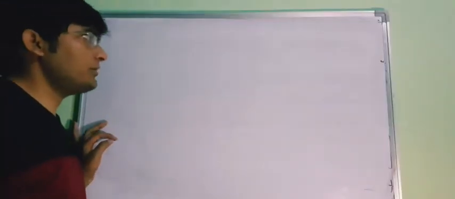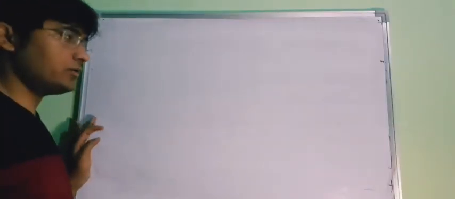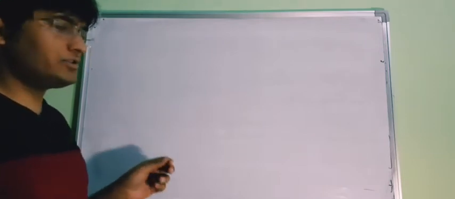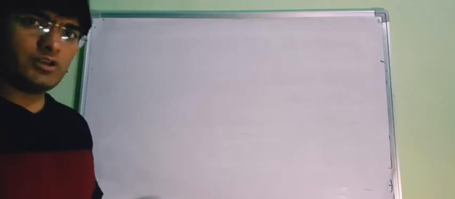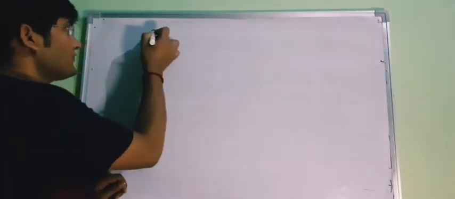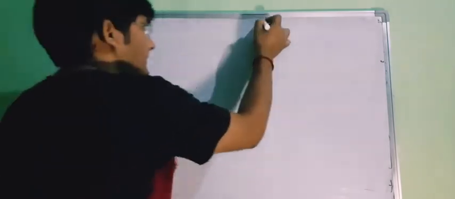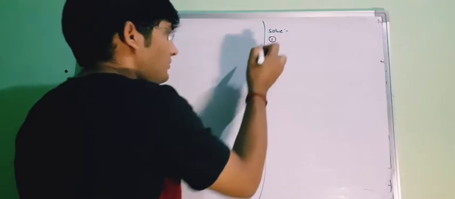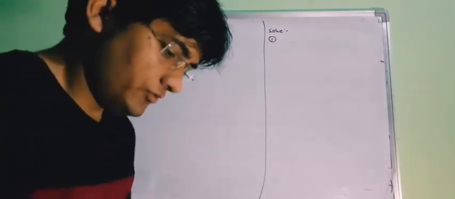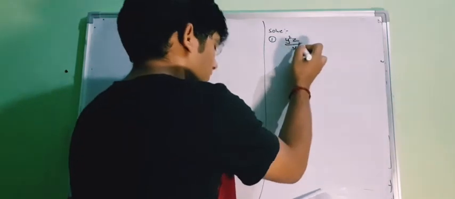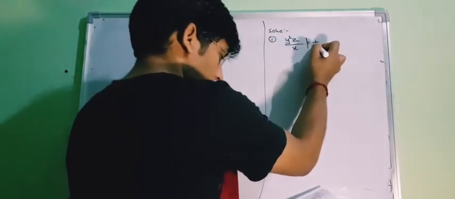Now I will solve the partial differential equation of order 1 and degree 1. As we have a large number of problems, here I have selected the problems with their types. So let us solve the first type of problem. First of all I am writing the problems and then we will try to solve these problems. So the first problem is this one,